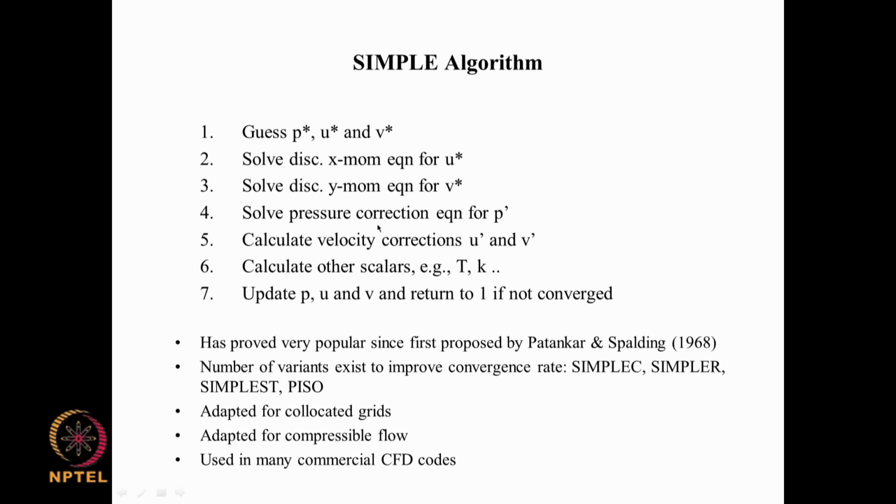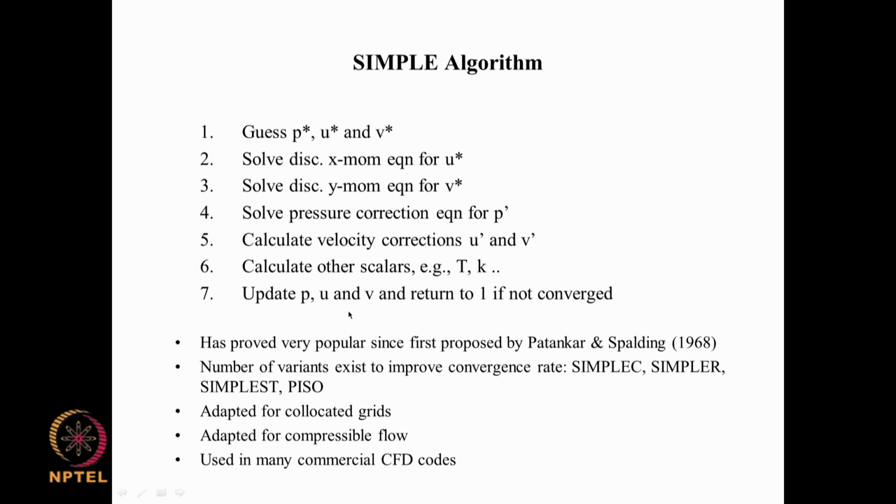So, the pressure correction equation can be rewritten as an algebraic equation AP prime equal to B, and that is solved for pressure correction at every point ij, and from these pressure corrections we make the approximate velocity corrections u prime and v prime. So, by the time we come to step 5 here, we know the initial pressures and velocities and the corrections that we need to make, and so at this stage we have new values of pressure and velocity, u velocity, v velocity. Okay. And if there are other things like temperature, turbulent kinetic energy and all that, those can be calculated.